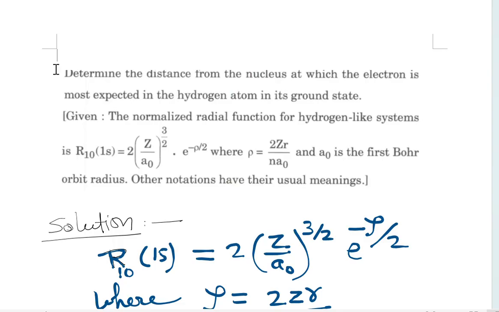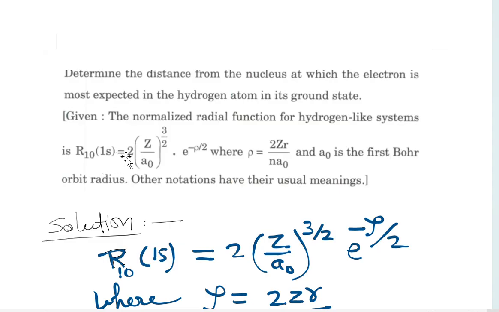We will discuss this problem, which is asked in the civil services examination. The question is: determine the distance from the nucleus at which the electron is most expected in the hydrogen atom in its ground state. Here it is given that the normalized radial function for hydrogen-like systems is